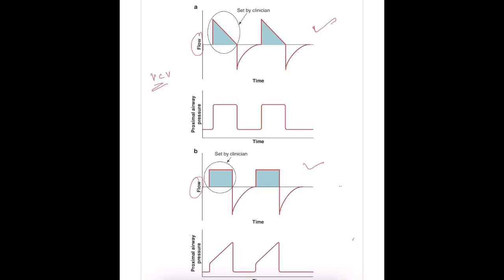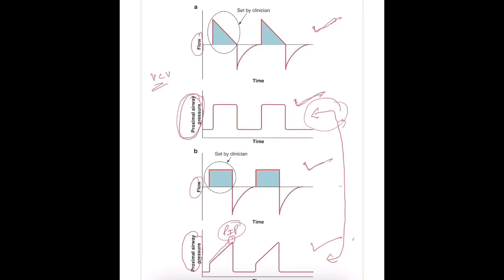When you have selected the decelerating waveform pattern, you can have a pressure time graph like this. When you have selected the square waveform pattern, you have this type of pressure time graph where there is a continuous increase in the pressure and it reaches the peak, which is known as the peak inspiratory pressure. So in square waveform pattern you can have this type of pressure time graph, and in case of decelerating waveform pattern you can have this type of graph, and these two graphs will change depending upon the respiratory system change and the inspiratory efforts of the patient.